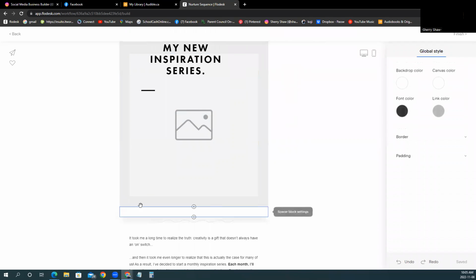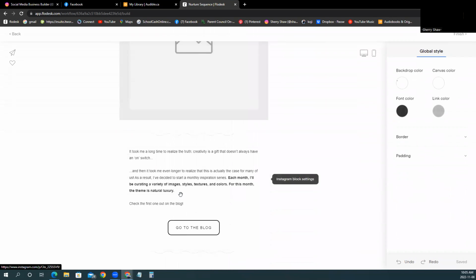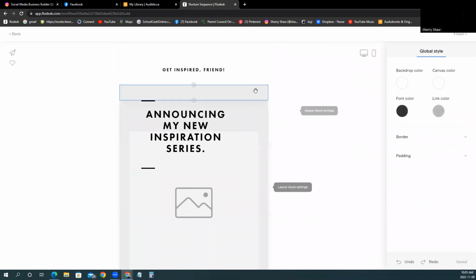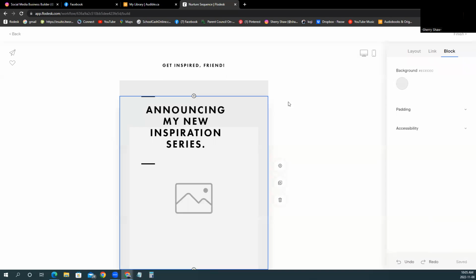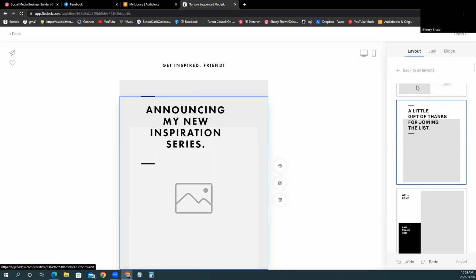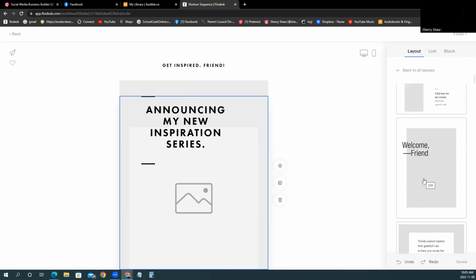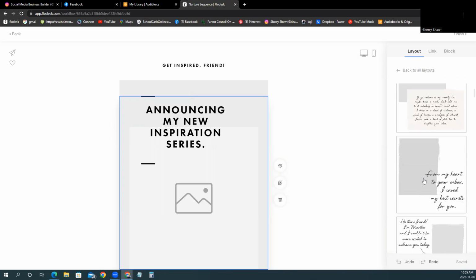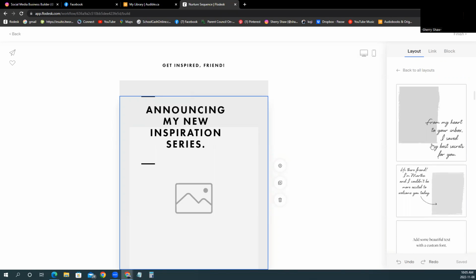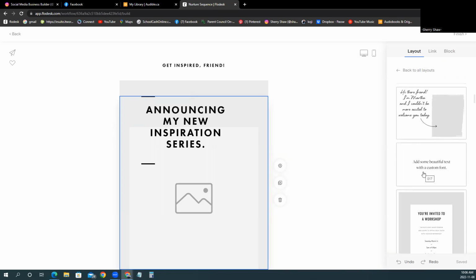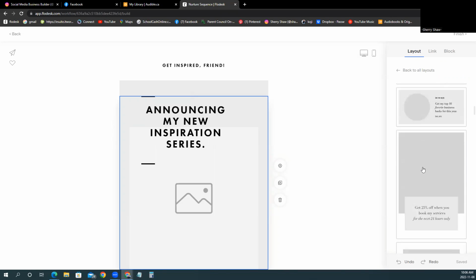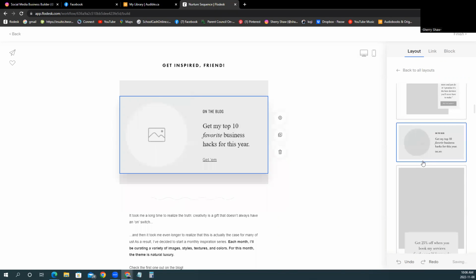All right. So here it is. Here's your blank kind of whatever. So if you click on this big box here, and then you look over here, the layout will actually give you a different style of a box with a picture. I'm not a fan of these because I find that my picture interferes with the writing and it cuts it off, or the colors blend. So I'm not a fan, but if this works for you, do it. I don't know. Let's just choose this one for now.